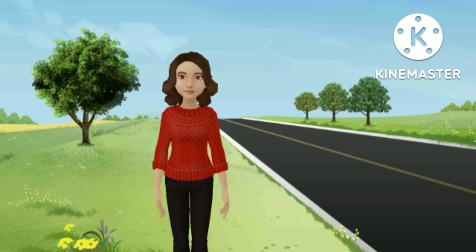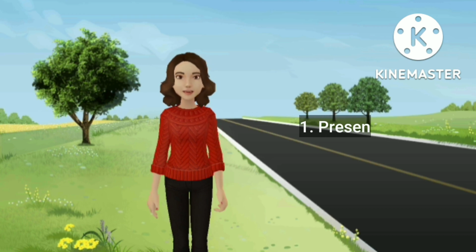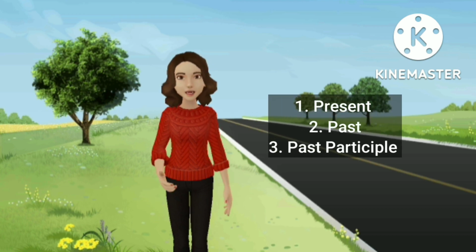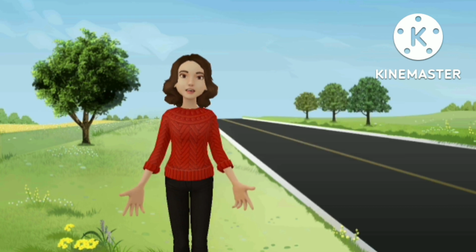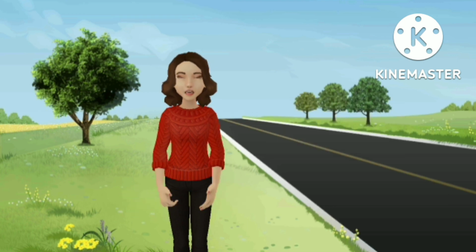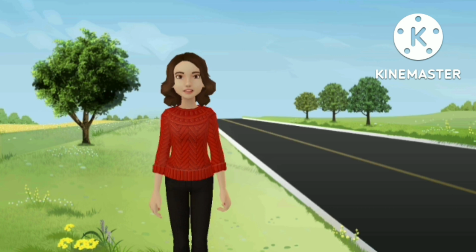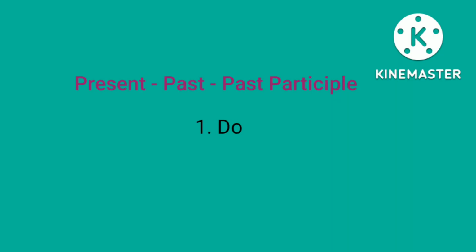Welcome back. Today, in this part of 24th episode, you are going to learn the meanings of 10 verbs with their 3 forms, that is present, past, and past participle, that are commonly used in our day-to-day life. Please watch this video without skipping, because you will miss the important meanings of the words, which is gonna be very helpful in future. Now, let's start from Number 1.